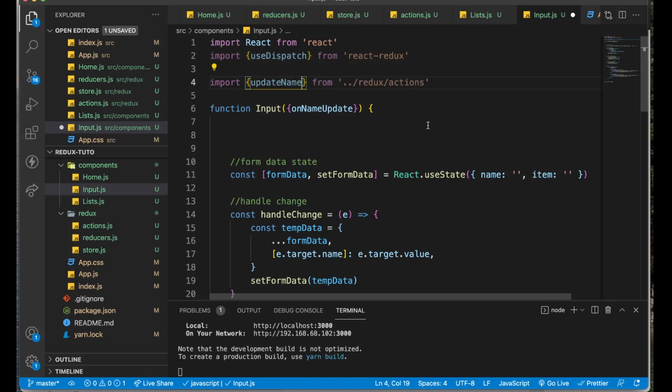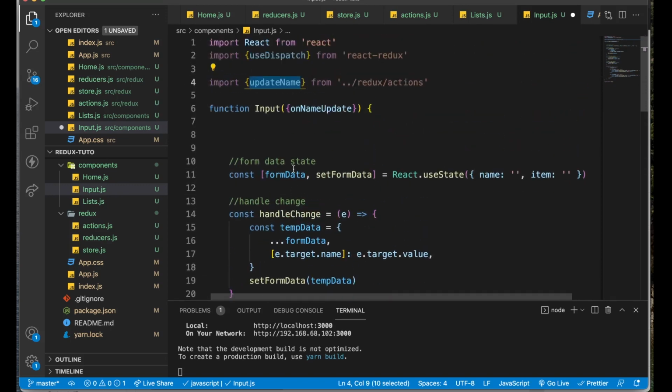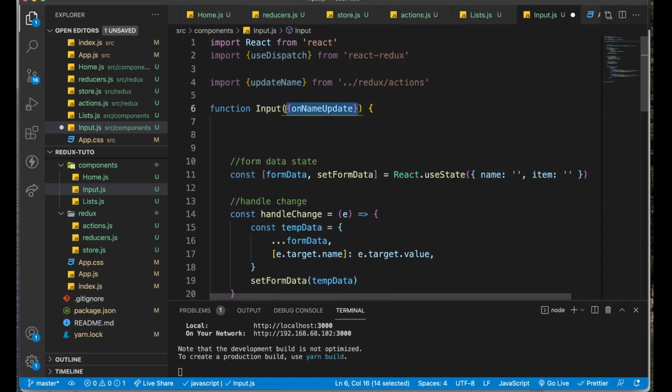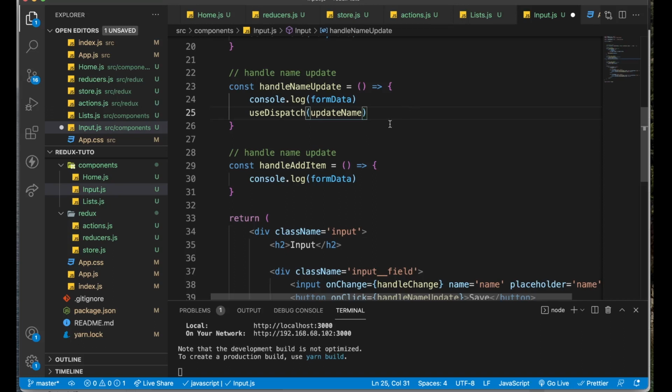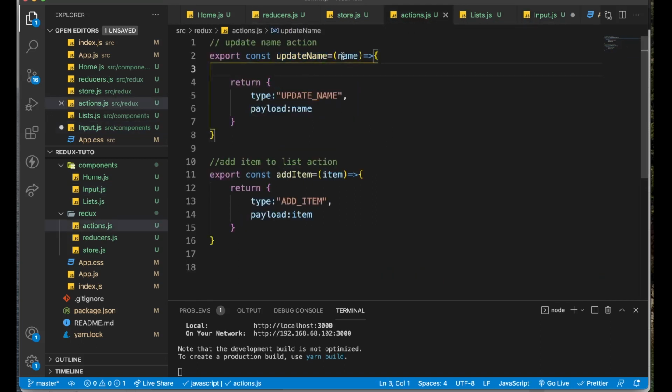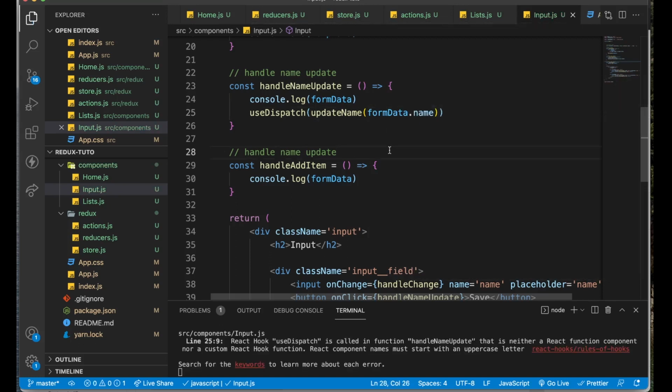Let's now see what we can do. You see here, on name update, we don't have this onNameUpdate props anymore in our input component. So let's delete this, and here we can call useDispatch, and then inside useDispatch we call that function. And remember, this function expects something, and that is name. So we will pass that name, and that name is nothing other than this. Okay, so now if we save this,